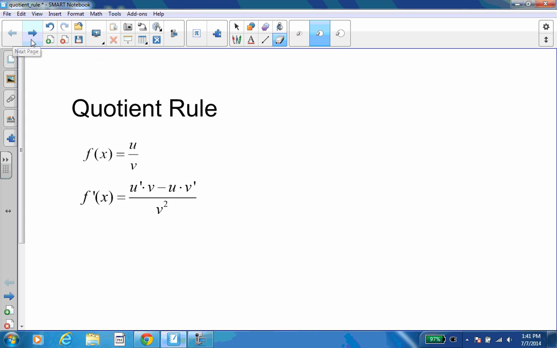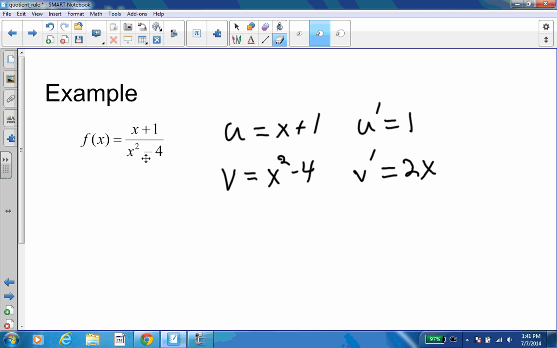So, to do an example, if I take my function as x plus 1 over x squared minus 4, then the first thing to realize is that u is your numerator, x plus 1, and u prime means derivative with respect to x, so we're going to get 1. v is x squared minus 4. Its derivative with respect to x will be 2x. So our formula,